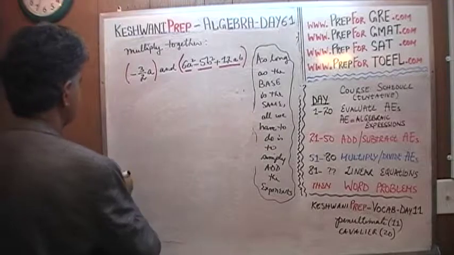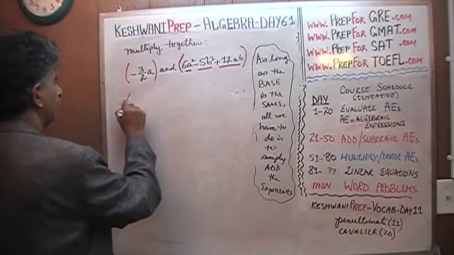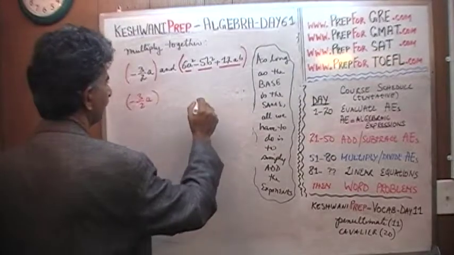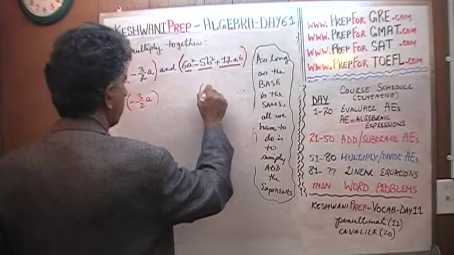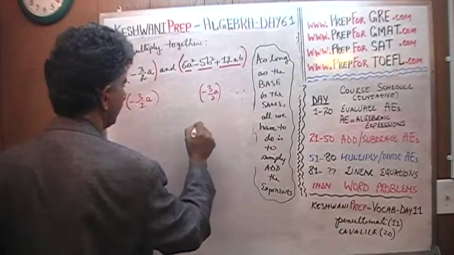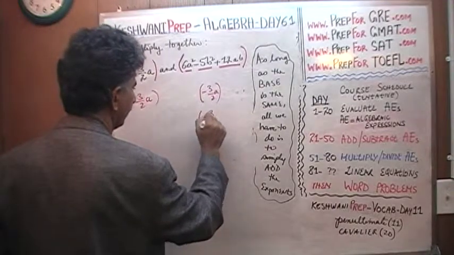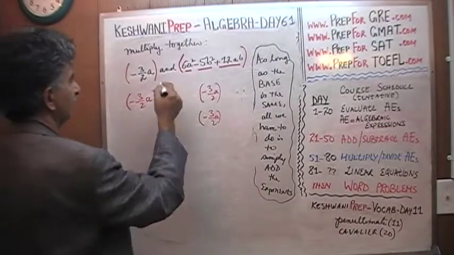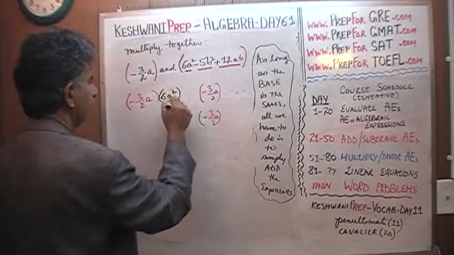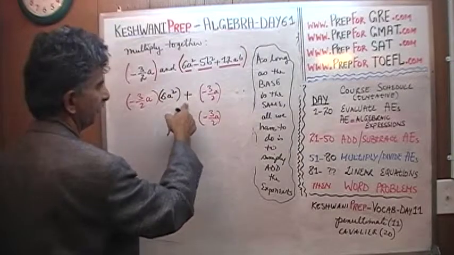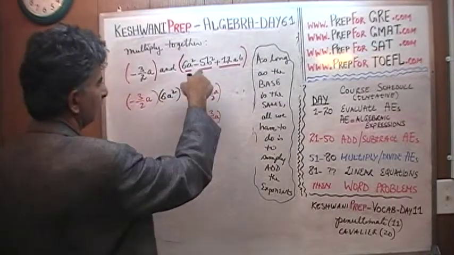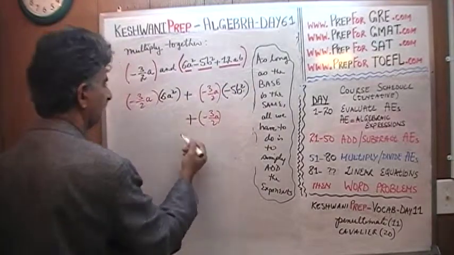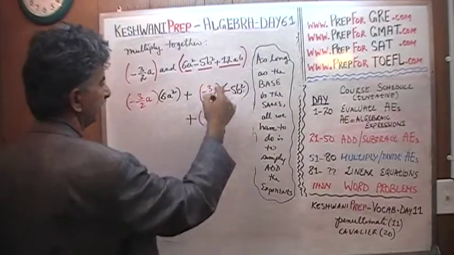So we have our negative 3/2 a, which we're going to need 3 times. Negative 3/2 a and negative 3/2 a. We're going to need it 3 times. First time we're going to multiply it by 6a squared, plus, you put a plus sign here, plus negative 3/2 a times the second quantity, which is minus 5b squared, again plus negative 3/2 a and the third quantity,